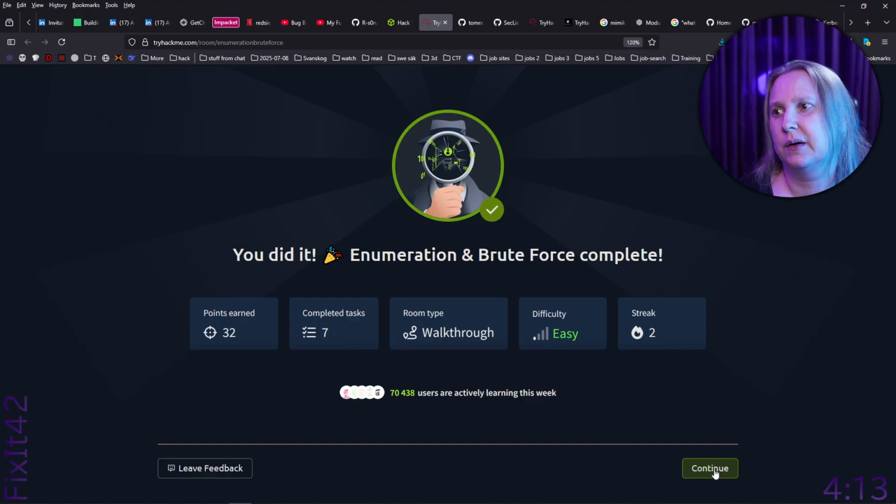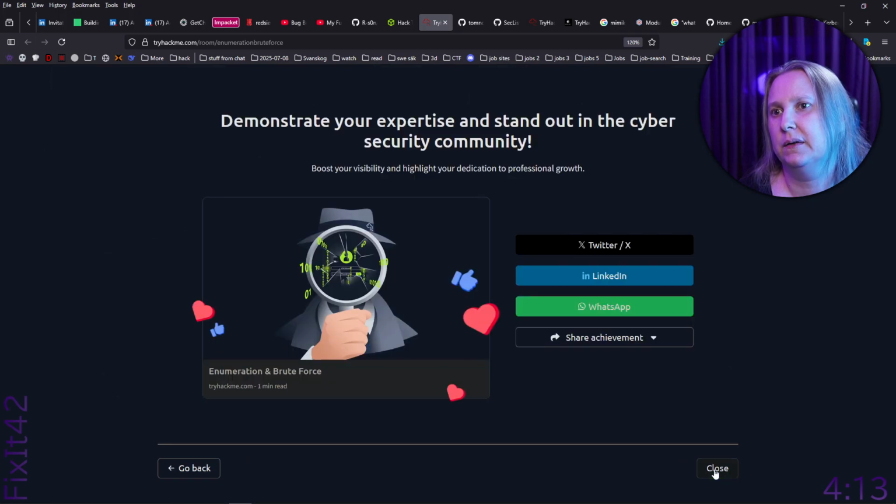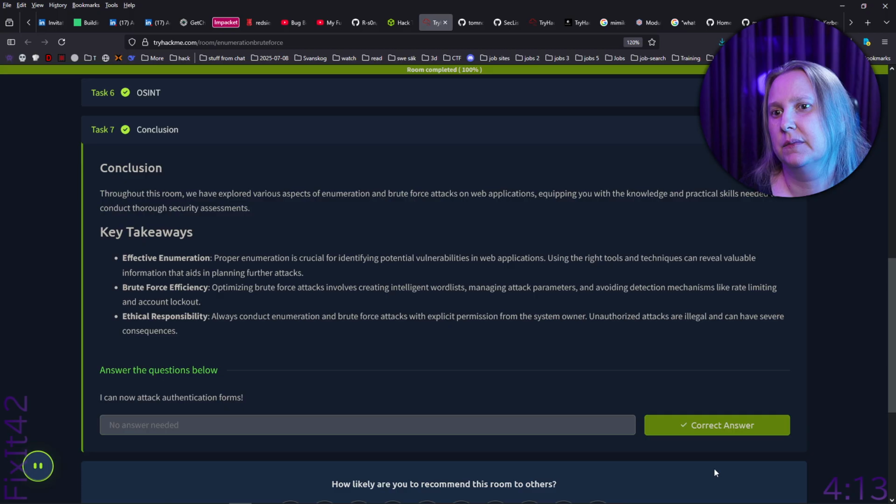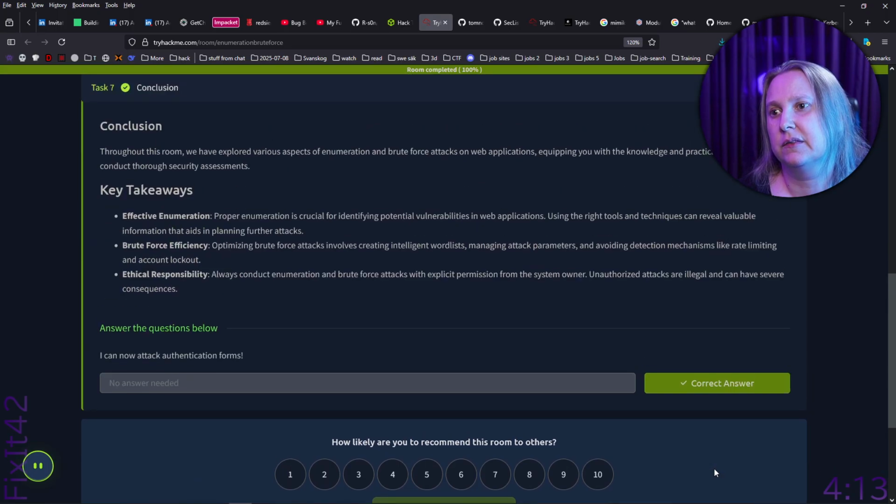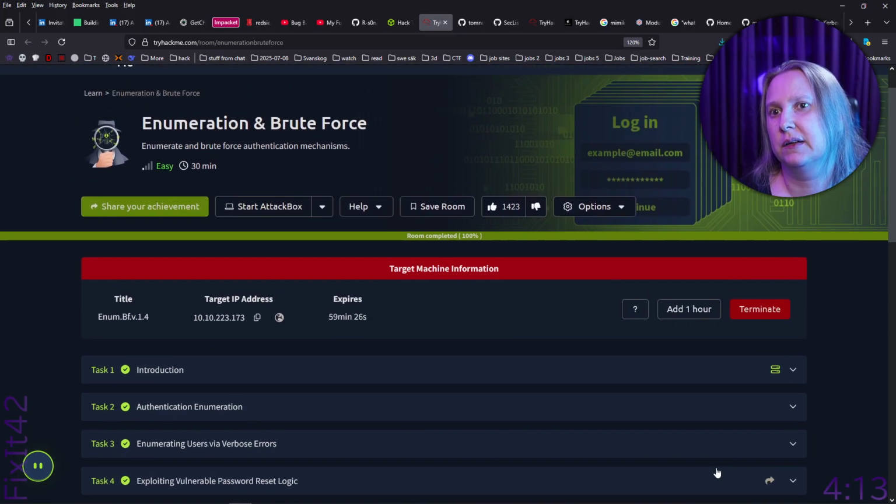So I stuffed up. 1, 2, oh. So as this was separate, it didn't go like next room is